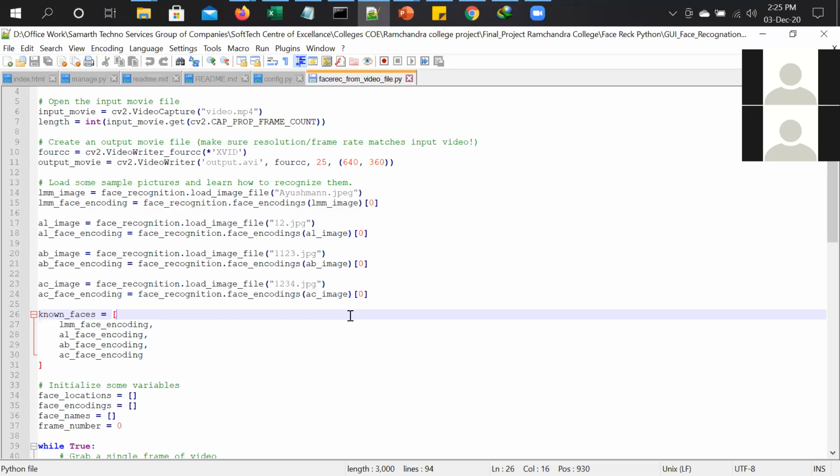So here we are taking up the four images, or I can take one of the images. For this demonstration, I'll be using the Badhaai Ho film's trailer, and in that I'll be identifying the hero's face, Ayushmann Khurrana's face. In that trailer, at certain moments the face is partly visible, or there is darkness behind the person.